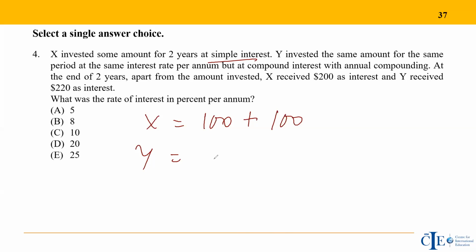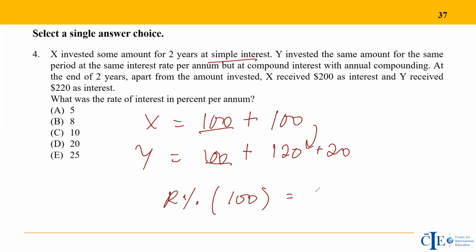This 120, now first year's interest for both of them would be the same because it is calculated on the principal value. It is 120 in the second year. So first year's interest is equal for both of them. That is where you get the difference of 20. Y should earn 20 more. Now we know that this difference is actually R% of the first year's interest. And how much is the first year's interest that Y is getting? 100, which is the same. So all I need is R% of the first year's interest, which is 100, is 20.